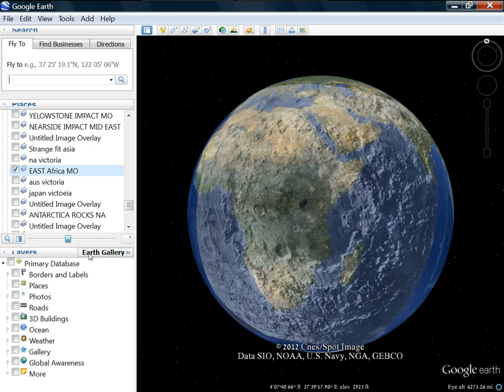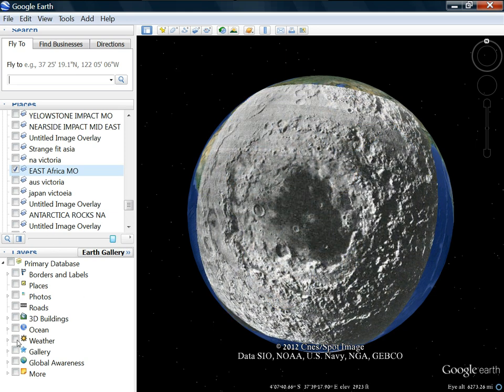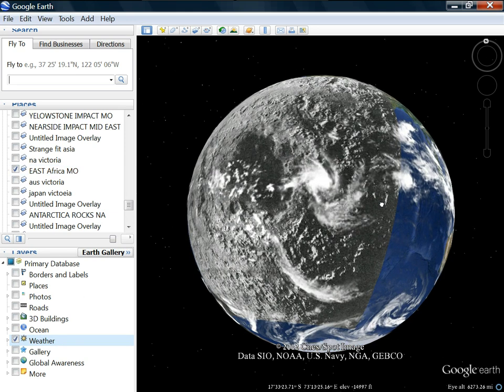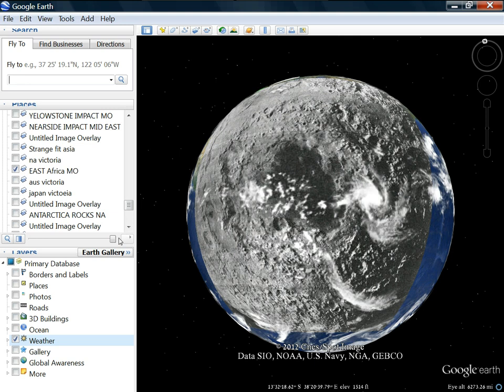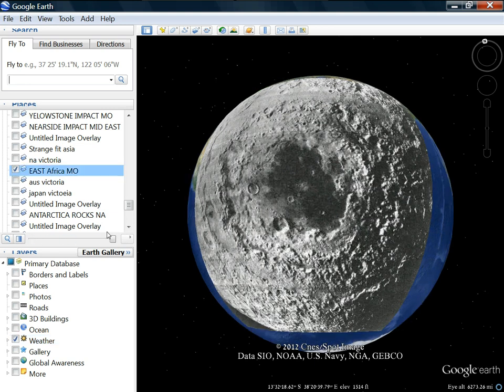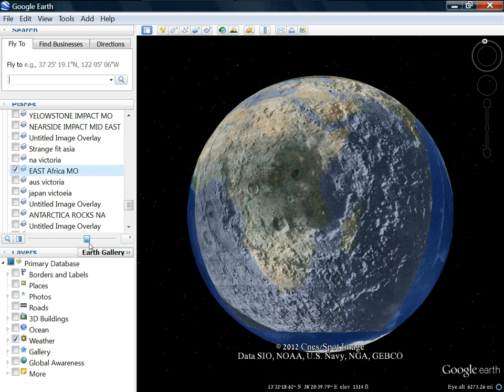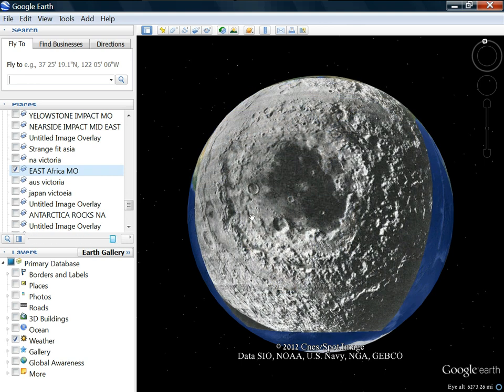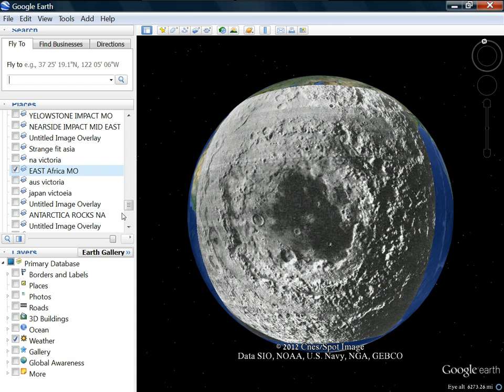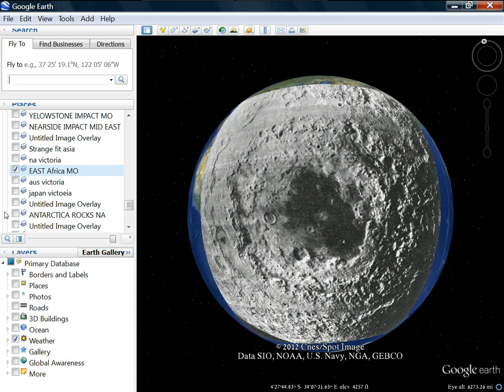Really good alignment. I just showed you the weather, how it fit there. And then you can see how it fits over Africa. So this has been in place all this time. It's been right here in this spot. I haven't moved it. And so when I bring it up with the